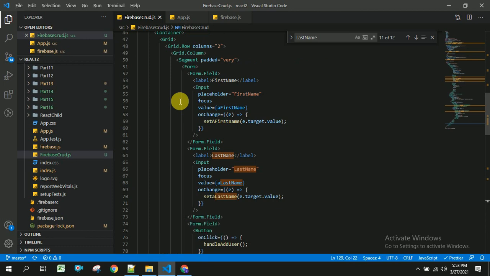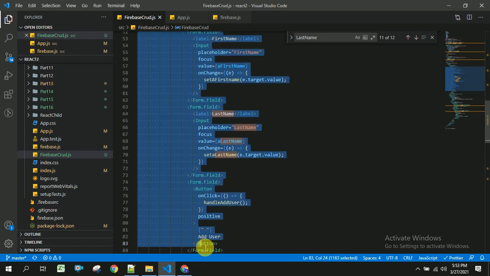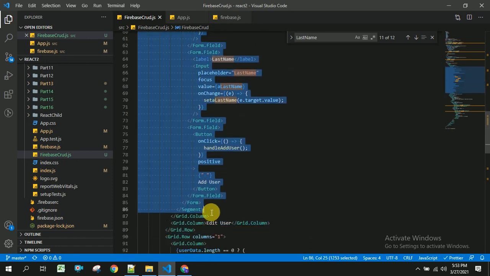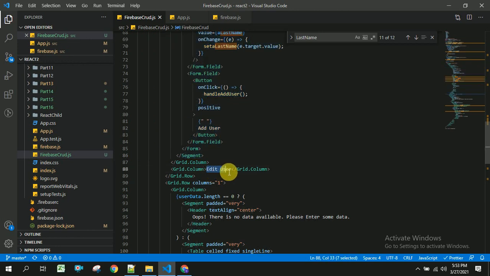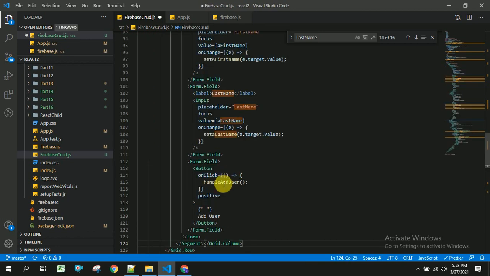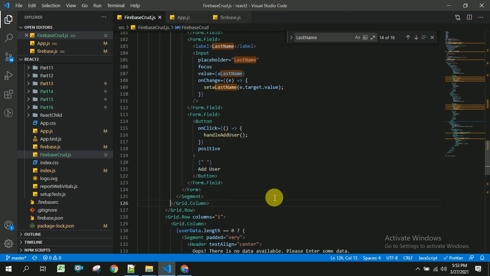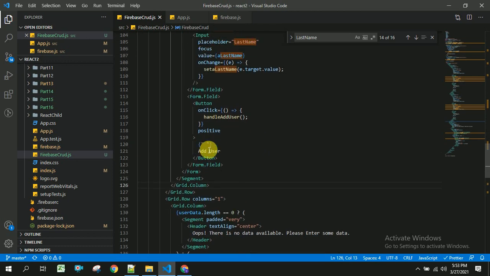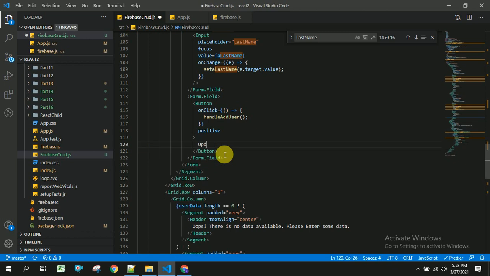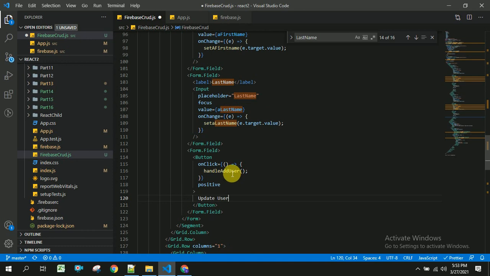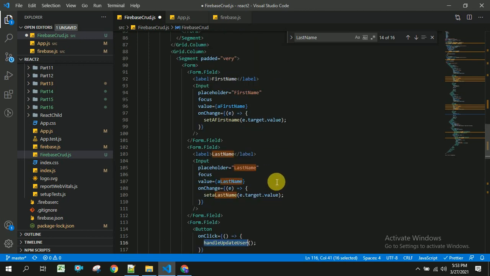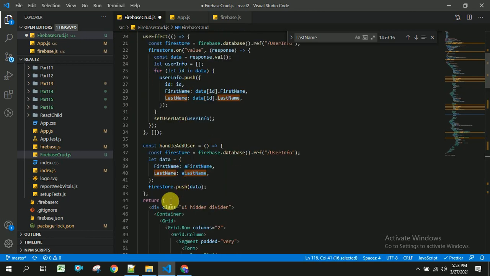We have to copy this entire segment and paste in this edit user form. Let us save this. So here I am going to add it as update user, and this will be handle update user, and I will create this update user inside our component.